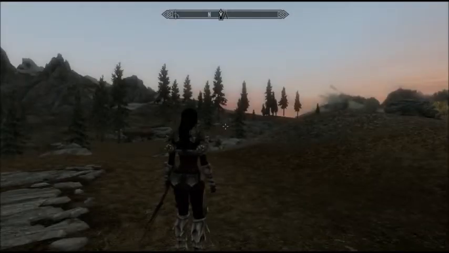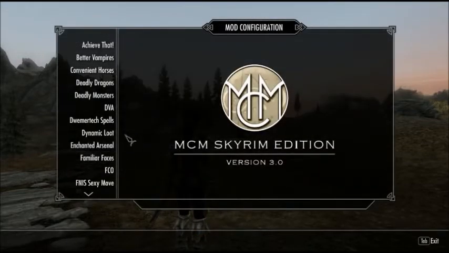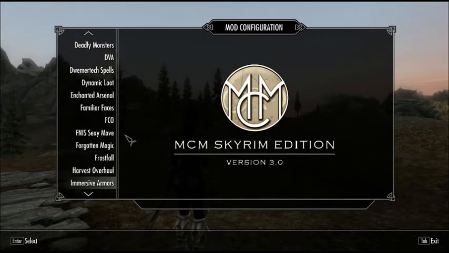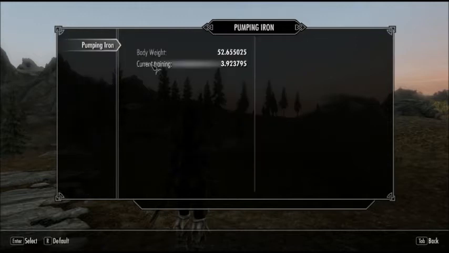Okay, mod configuration, we're going to go down and look at Pumping Iron. Now, what this mod does, as your character goes about on their adventure, if they're going mining, if they're using two-handed weapons, if they're wearing heavy armor, all of that will reflect a change in their body. It's like them going to a gym, if there was a gym in Skyrim, it's like them working out. So now, the author has created behind-the-scenes algorithms that measure and calculate the impact of that. And so you see the character's body weight